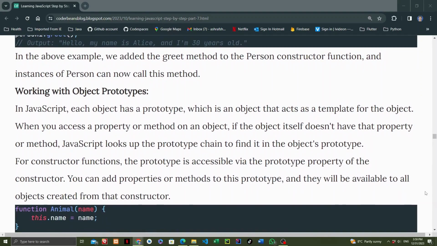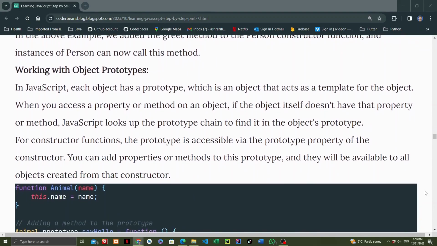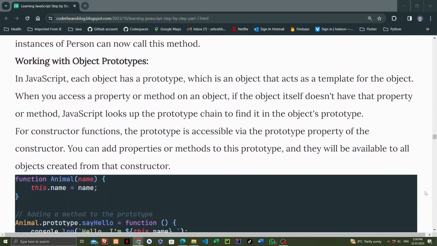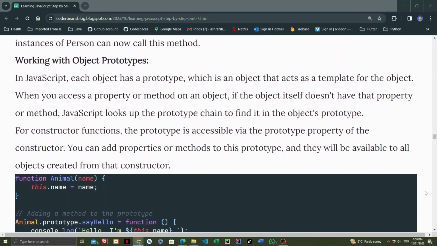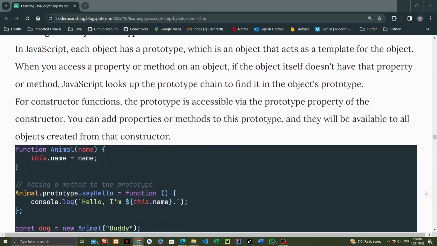Working with object prototypes. In JavaScript, each object has a prototype, which is an object that acts as a template for the object. When you access a property or method on an object, if the object itself doesn't have that property or method, JavaScript looks up the prototype chain to find it in the object's prototype. For constructor functions, the prototype is accessible via the prototype property of the constructor. You can add properties or methods to this prototype, and they will be available to all objects created from that